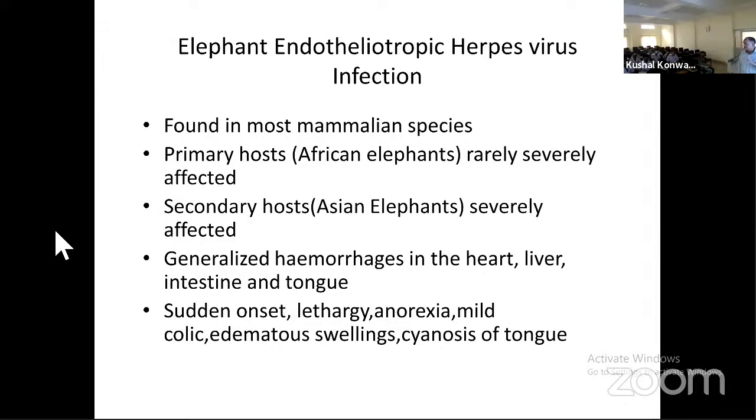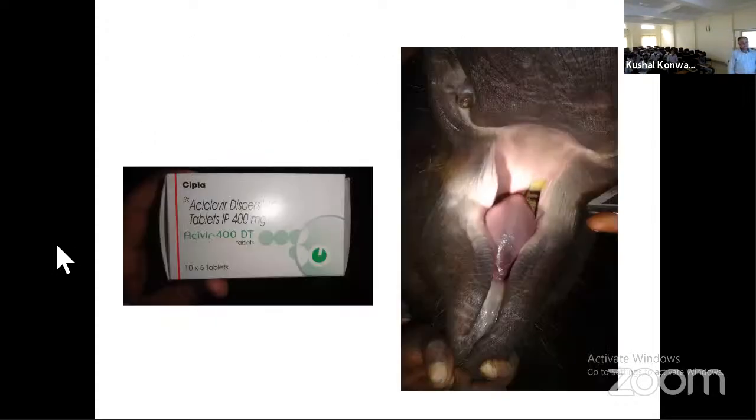Now there will be generalized signs. This is basically a hemorrhagic disease, so generalized hemorrhages in the heart, liver, intestine, and tongue. On postmortem, you will see severe lesions, and sudden onset, lethargy, anorexia, mild colic, edematous swelling particularly of the head region, trunk region, and cyanosis, the purplish discoloration of the tongue. This happened in the case of an elephant calf. So you can see this,